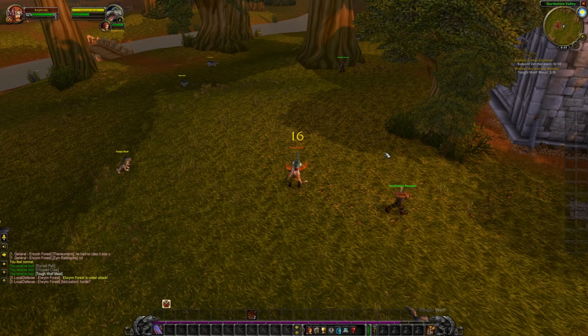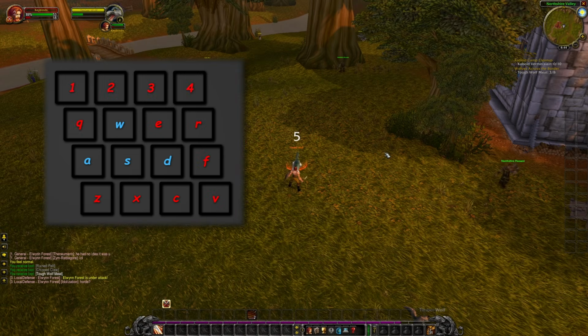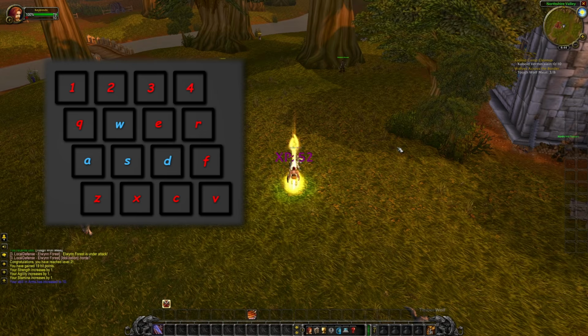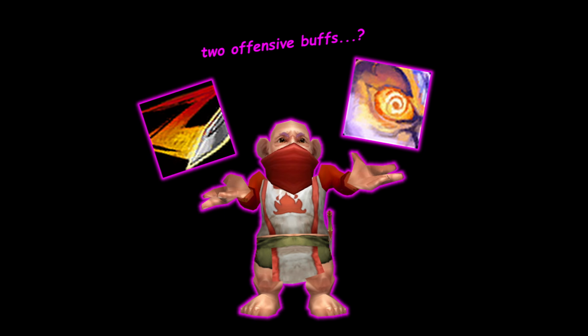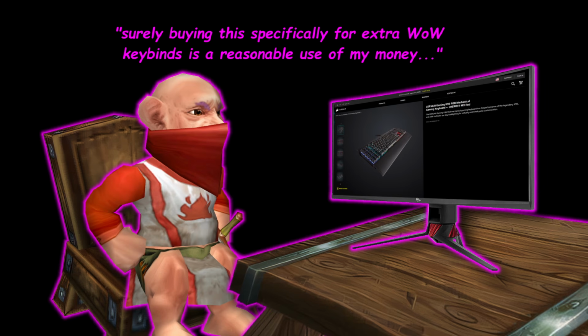There aren't enough keys. How can you possibly create a system that accounts for every single type of spell while sticking to a set system of keys and without compromising your UI and movement keybinds? And not to mention, how do you deal with classes that have two different abilities that essentially fill the same role? Well, you could just go and buy a keyboard with a bunch of extra buttons, but if you don't already have one of these,